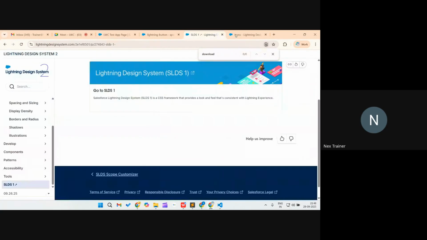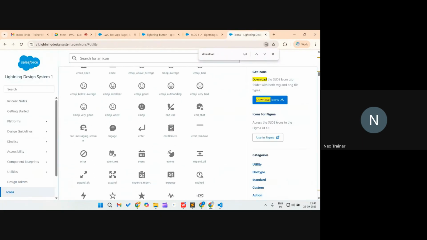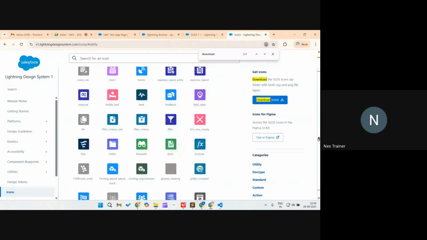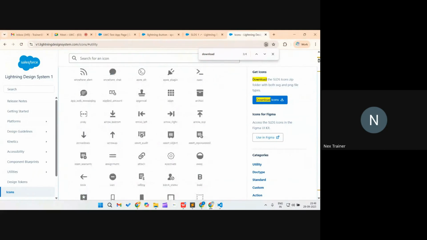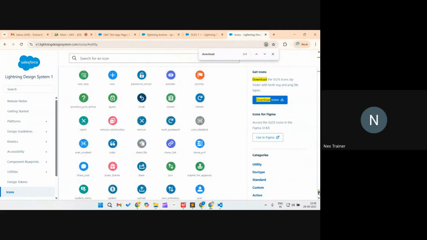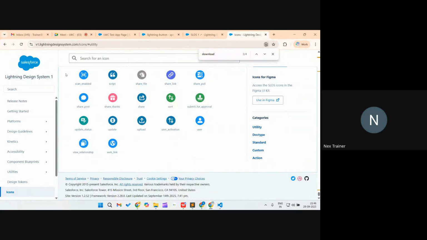Just see whatever you are basically after, see if you like it. A lot of types of icons, a lot of icons are there. I never used any icon from outside Salesforce. They are very good icons. We are already using them, so you can use them from there, and that's what you call